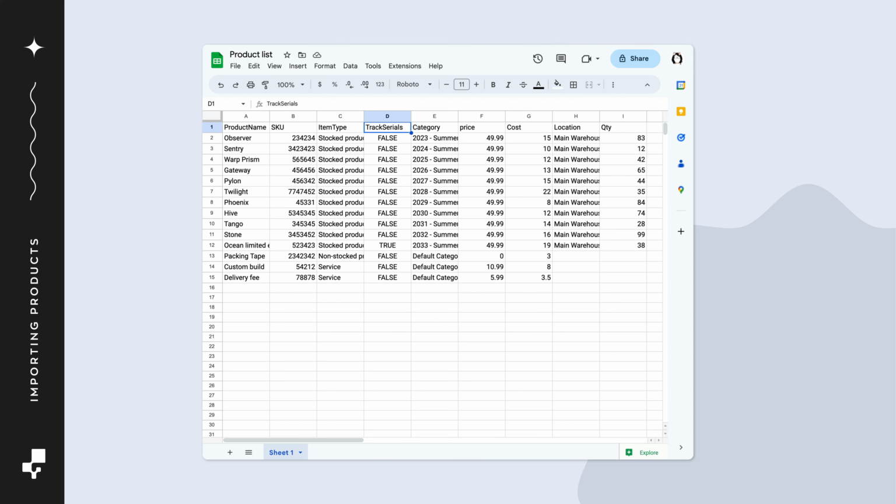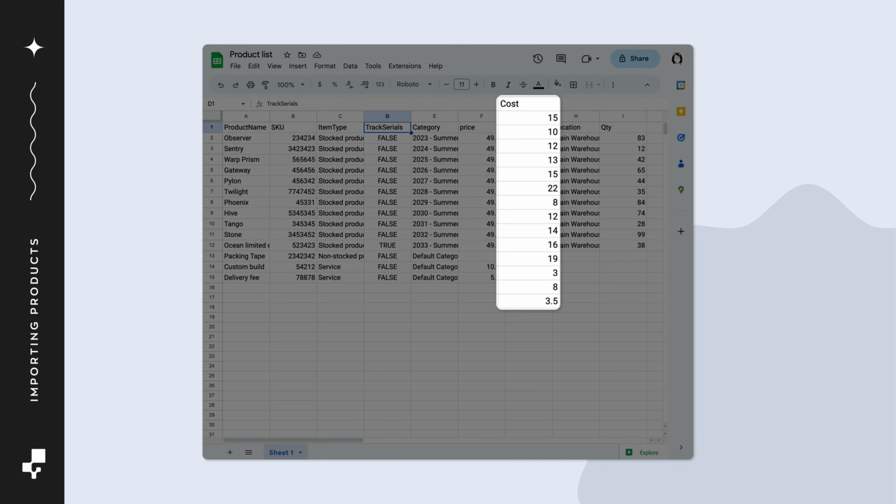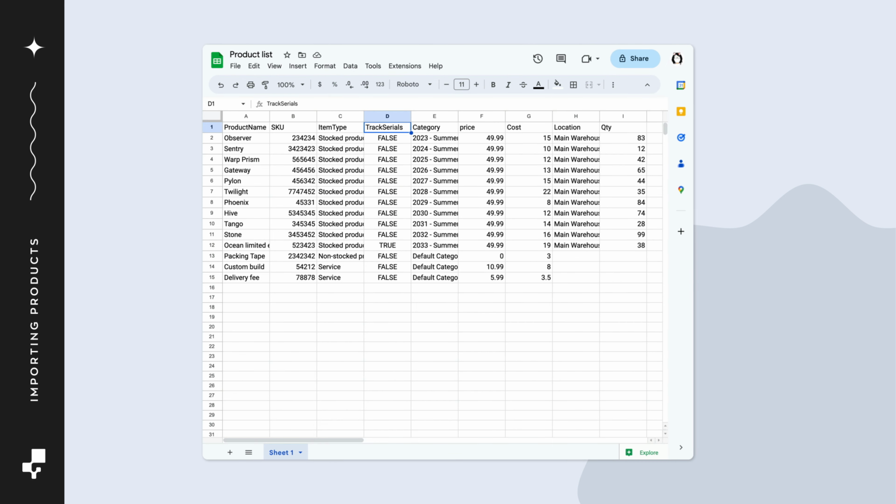We'd also encourage you to enter your product costs on the product details CSV if Inflow's costing method is set to manual or moving average. After importing serialized products, you'll only see the cost when you import the individual serial numbers with a stock levels import. When done, save the spreadsheet as a UTF-8 CSV file. This is especially important if you have any products that have special characters in the name or description.